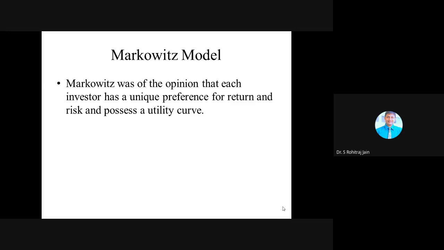So with a limited number of securities, an investor can create a very large number of portfolios by combining these securities in different proportions. Each portfolio in the opportunity set is characterized by an expected return and a measure of risk, namely variance or the standard deviation. So all of you know, students, standard deviation means what? If the standard deviation of the portfolio is too high, that means the risk associated with the portfolio is high, right? So please understand this. When we calculate the standard deviation, when we are comparing two portfolios, if the standard deviation of portfolio A is higher compared to the standard deviation of portfolio B, so we can conclude